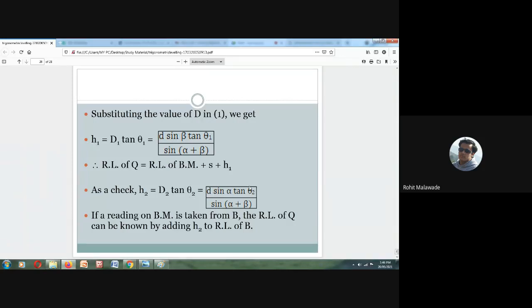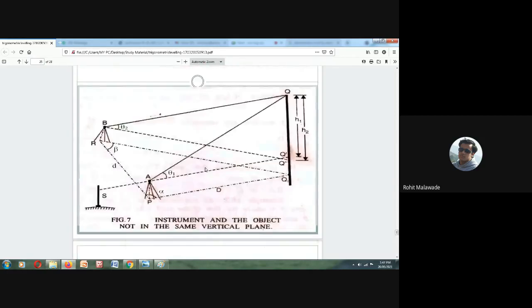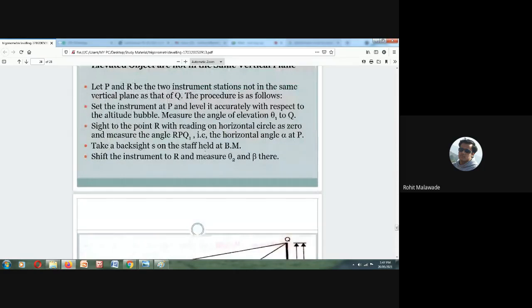If we want the angle tan theta 2, here we are going to multiply tan theta 2 divided by sine alpha plus sine beta. So alpha plus beta are nothing but the horizontal angle. Here, if you want theta 1, then D sine beta, opposite. Instead of alpha, we will be using beta here. Instead of here, we will be using alpha. So this is what we are going to do. This particular thing is going to be important for us in order to solve the problem. I hope the things are clear.